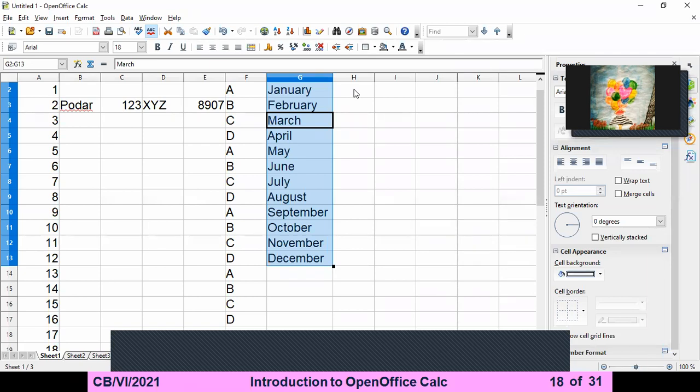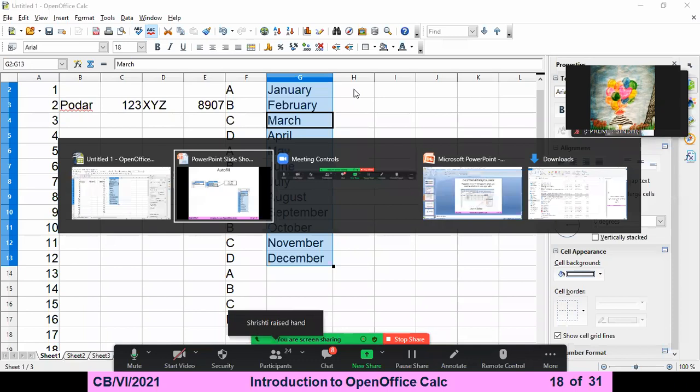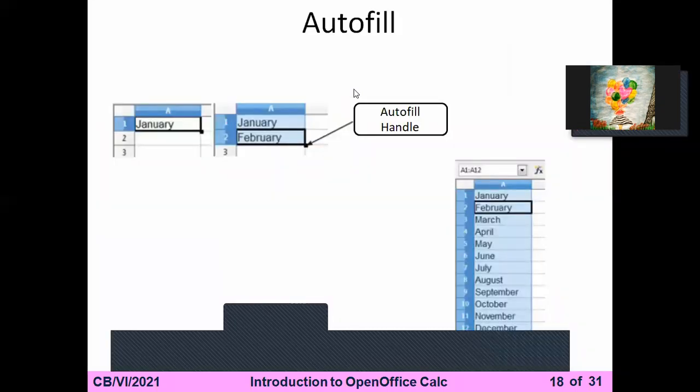So remember what is the meaning of autofill? Autofill means copying the numbers, copying the format, same format को copy करना, आगे ले जाना. If you don't want to write everything, autofill is used for the alphabet, numbers, month, week names. Years also you can write here. It is also used to copy the formula. Remember that thing. It is also used to copy the formula. That thing we will learn here.